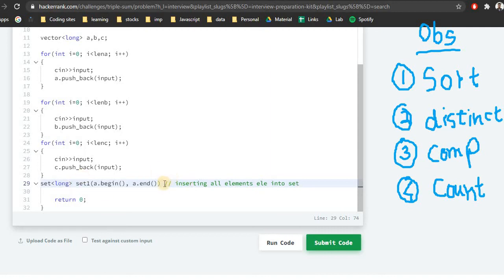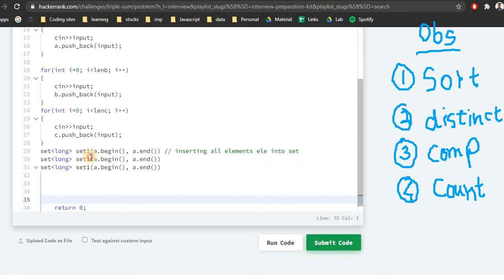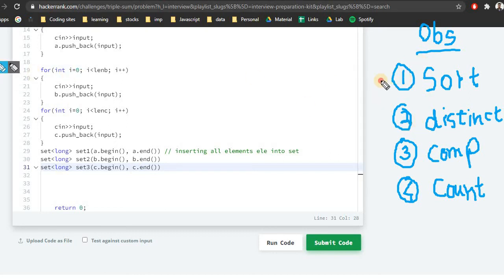Similarly again this code is becoming lots of copy paste, because we have 3 arrays and similar operations. So this will be B and then C. We need to just change the values. This will be set 2. Similarly we will have a set 3, and for set 2 we will have B dot begin and B dot end, because we have 2 arrays. Similarly this will be C dot begin and C dot end. Now we have the sets, we have the distinct, and we can directly cross it off. So we got the elements sorted using the set. Also we got the elements into the distinct form using the set.